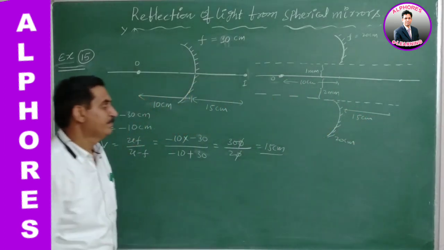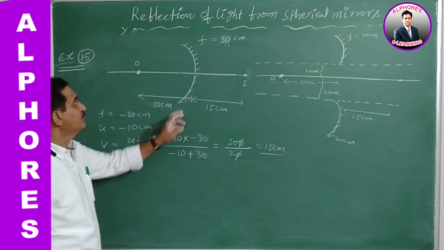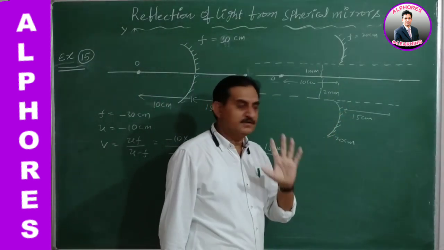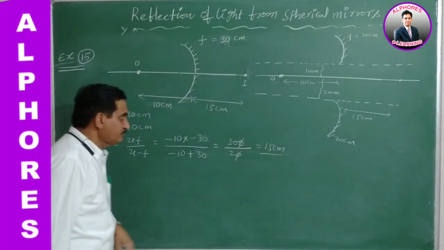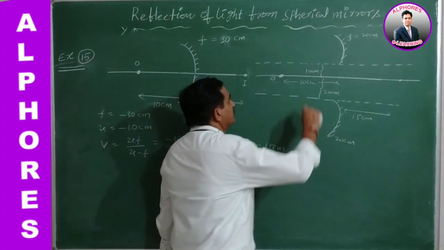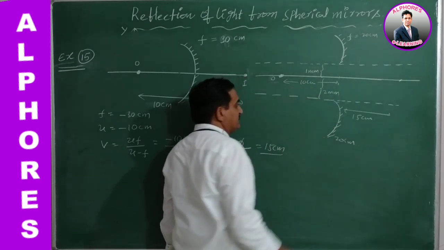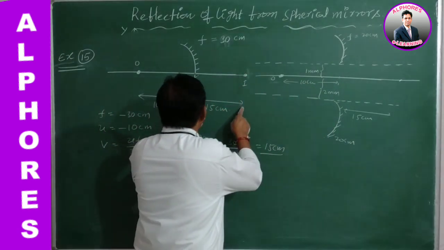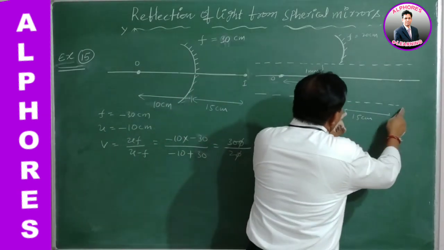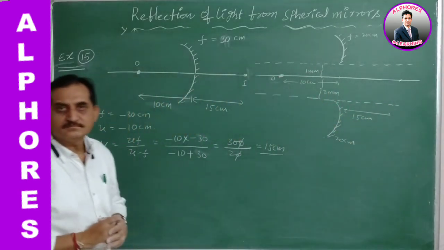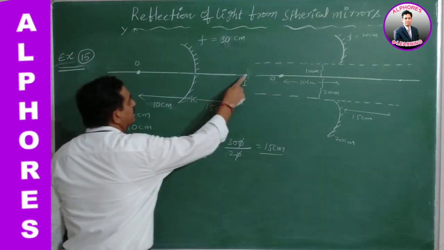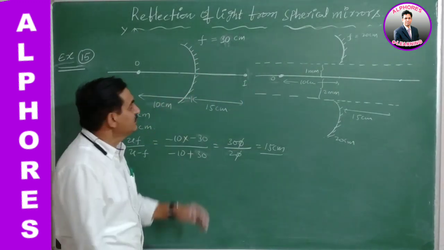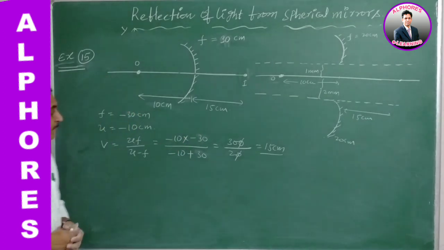Keep it aside. Once again I repeat: the focal length would not be changed for these two parts. Point number 1, point number 2. Here the object keeps the same separation of 10 centimeters. The corresponding image is formed at 15 centimeters. Here also at 15 centimeters, but it is a virtual, erect image, because the image formed is virtual.